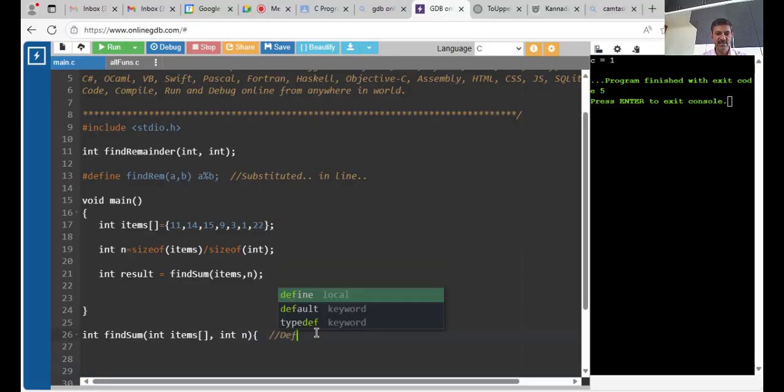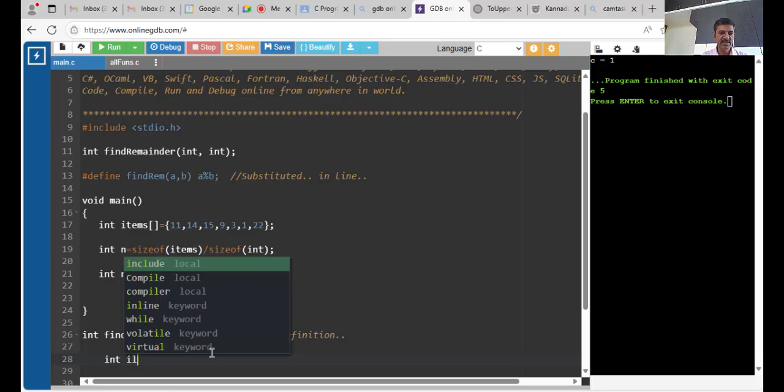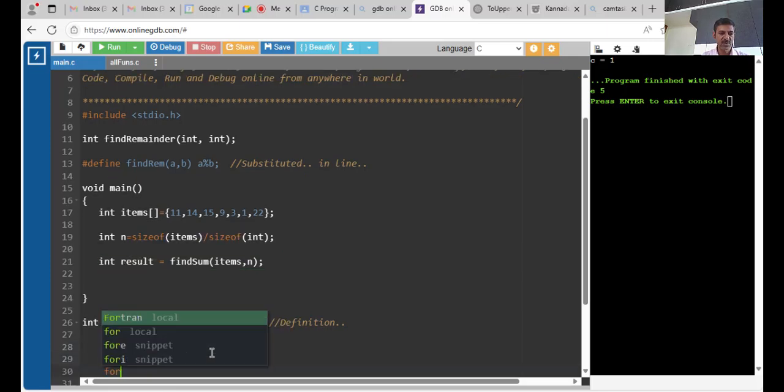or function definition, the array has to be mentioned like data type of the array, name of the array, and then square bracket. Okay. So the compiler understands that the first argument is an array, second is a normal variable. All right. Now here, if you want to sum up the things, you can set up a for loop for